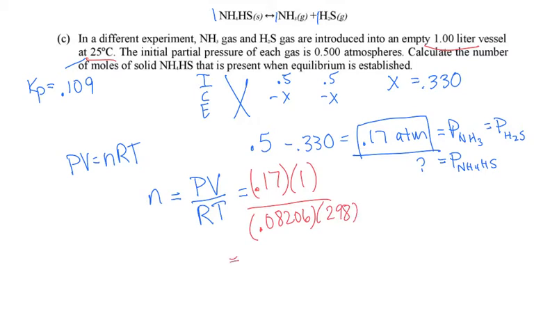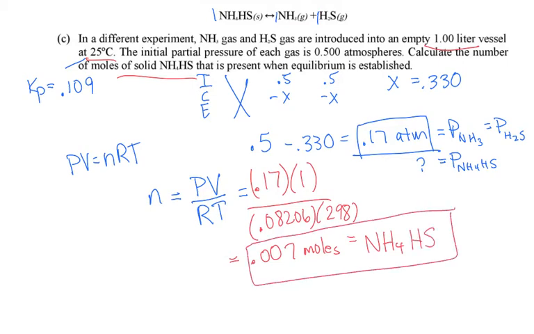So when we solve for what the number of moles is, we get, wait for it, okay, we get 0.007, after it's rounded, moles. Okay, and that's going to be the moles of solid ammonium hydrogen sulfide. Okay, and that's the answer. Now this looks kind of crazy because they wanted you to remember this part up here for the amount of change when Kp equaled 0.109. Seems a little tricky to me, but that's how to solve this problem. I hope that